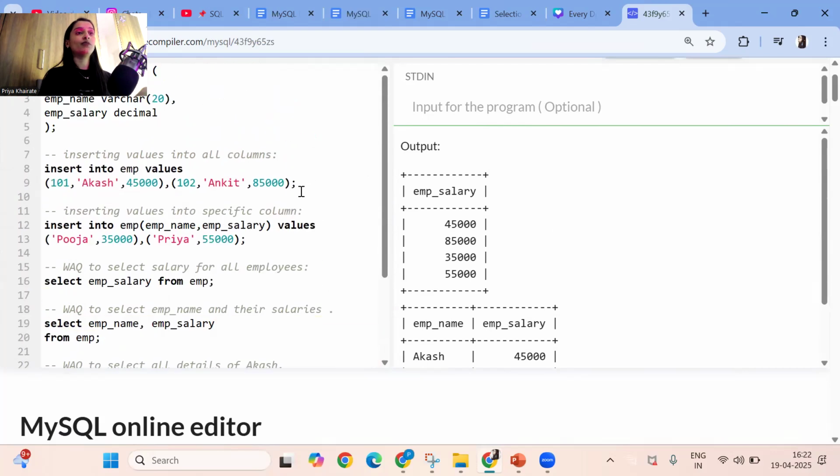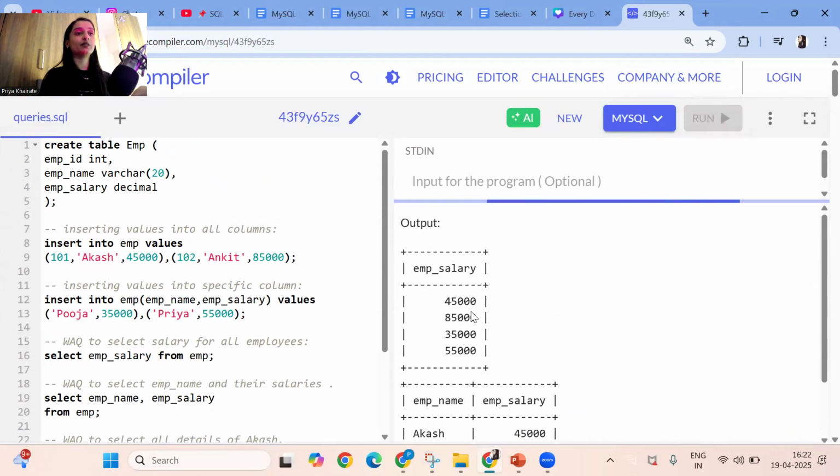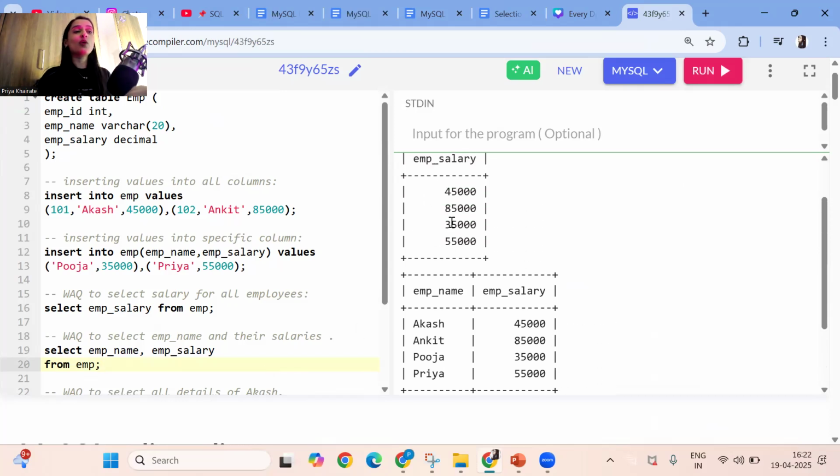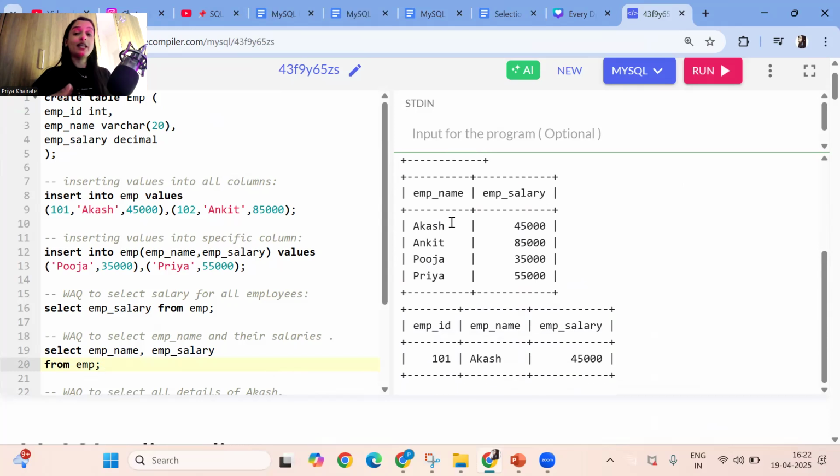Now, if I just execute this, let me show you the output. Can you see? I got all the details of Akash. So this is what we call retrieving the data efficiently. Whatever you want, very simply you can write the query and fetch from the table. In this table, as of now, we have only 5 records, but in an actual table, you will have lakhs of records.